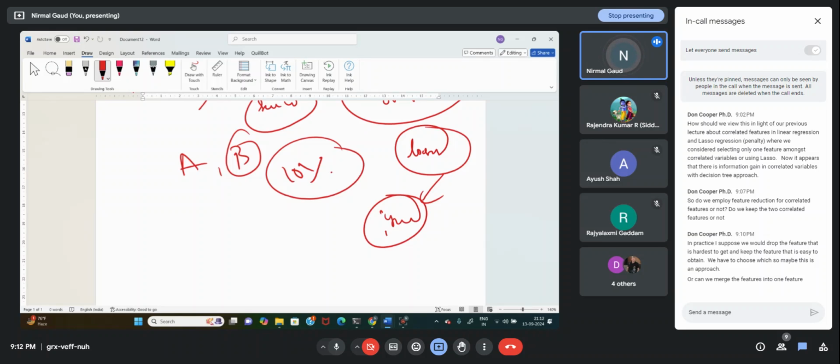Don't drop the feature, overfitting, because it is correlated. So you have to decide, and that's what you are here to learn. Decision making is very important here: what to do and what not to do with the data, because that's what data science and machine learning is. You have to play with the data. Okay, so again here,